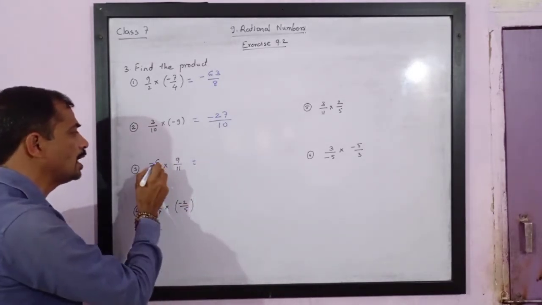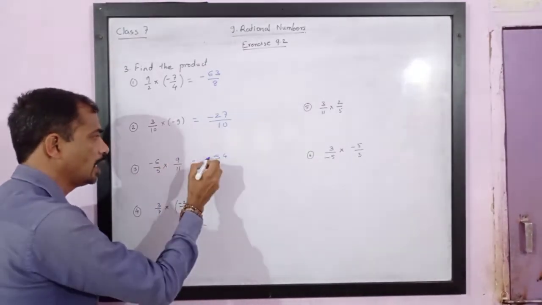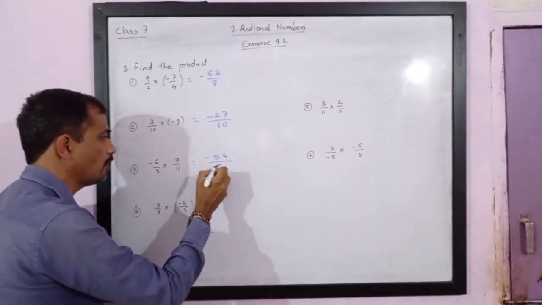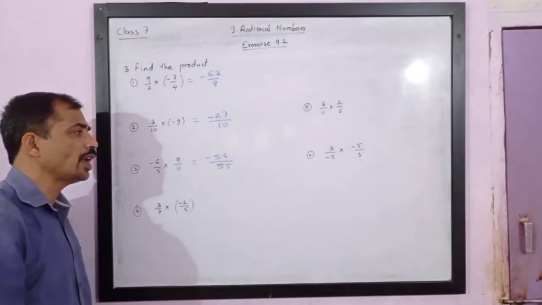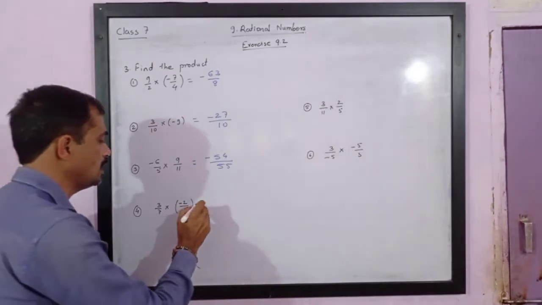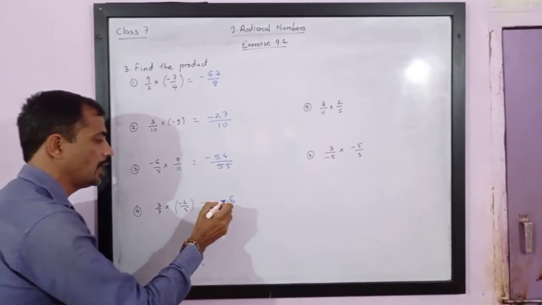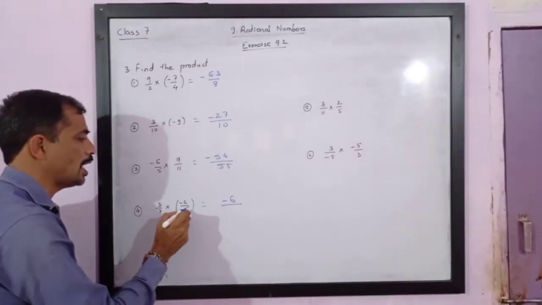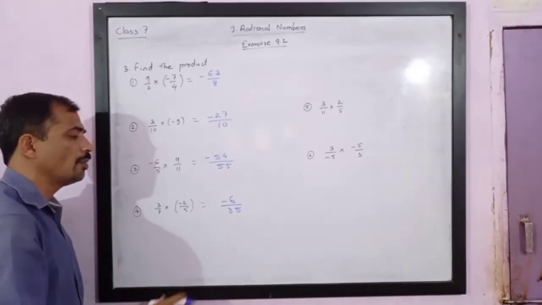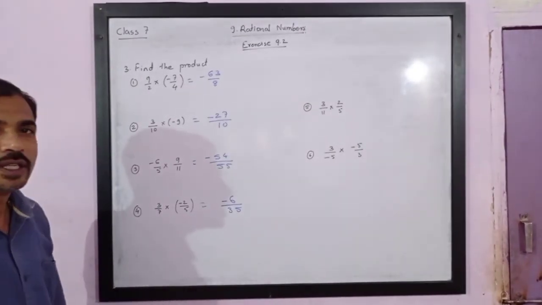Next is minus 6 into 9. So 6 nines are 54 and negative sign. Then at the denominator we have 5 11s are 55. So 54 upon 55, they have only 1 as a common factor. So this itself is the answer. Next is 3 twos are 6. Positive into negative is negative upon 7 threes are 35. Please note, again they don't have any common factor other than 1. Hence this itself is the standard form of the rational number.